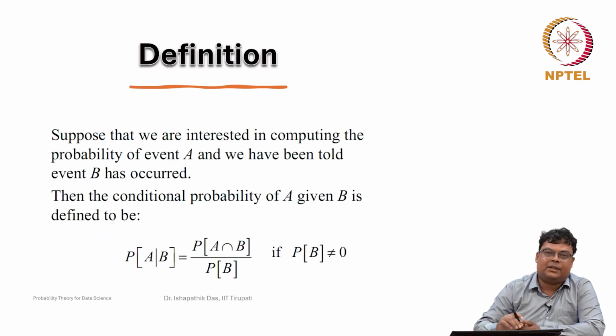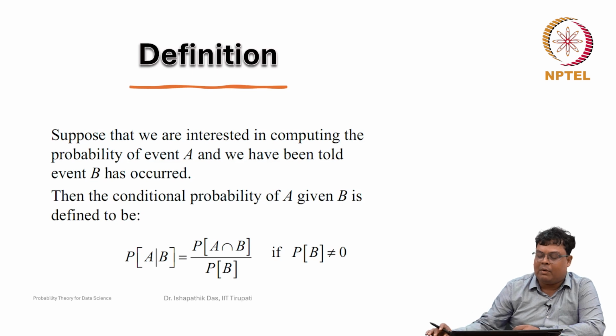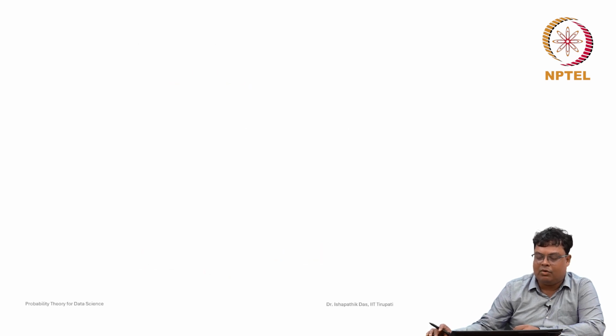Here it is, the definition. Now, we will formally define the conditional probability. Suppose that we are interested in computing the probability of an event A, and we have been told that event B has occurred. The conditional probability of A given B is defined to be,